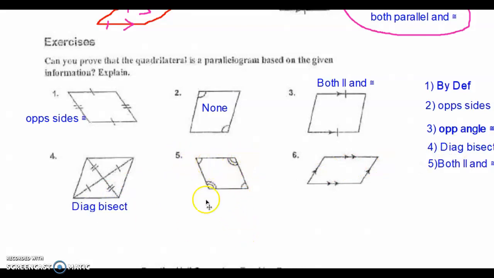Number 5, both pairs of opposite angles are congruent, so that'll be this one. And number 6, parallel, parallel, that's the definition. Both pairs of opposite sides are parallel. Great. So if we look at your homework for today,